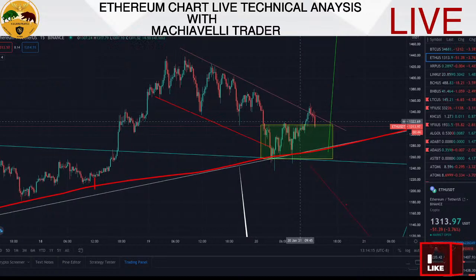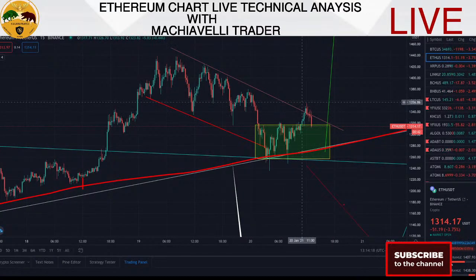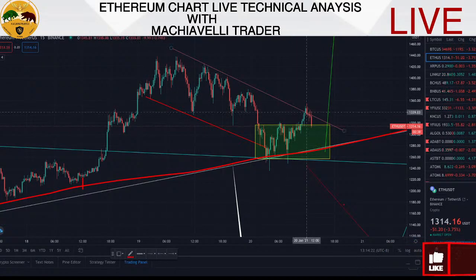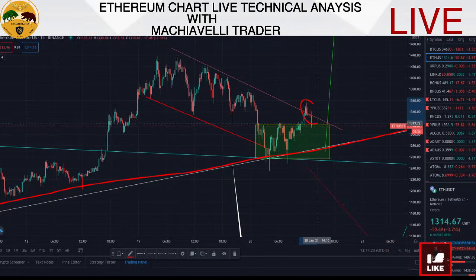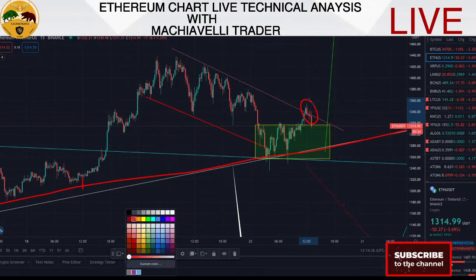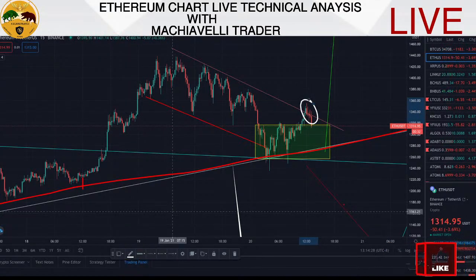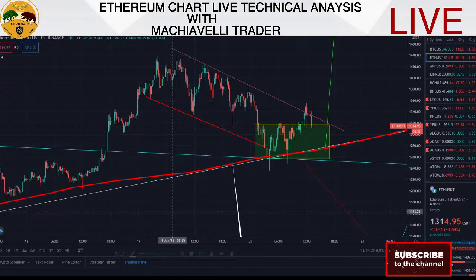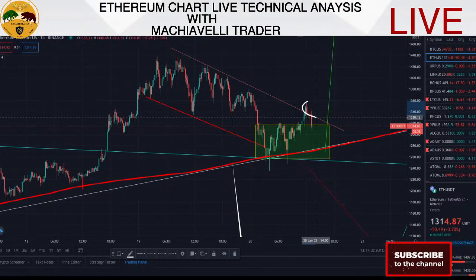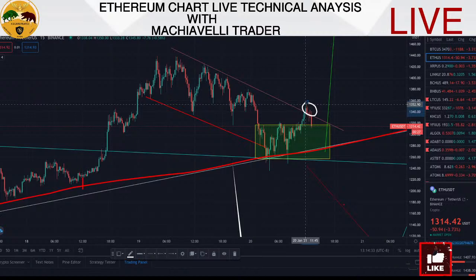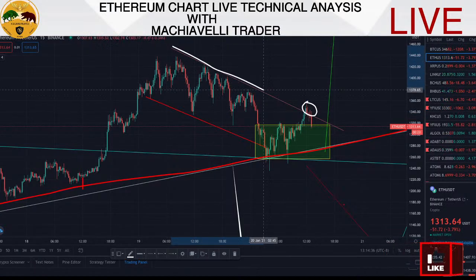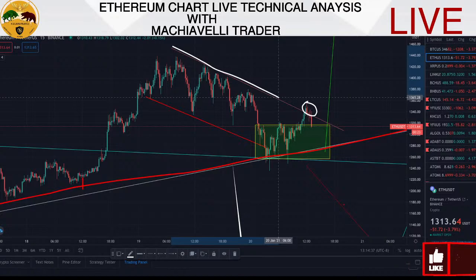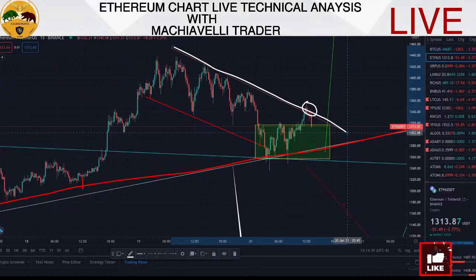We see the breakout here was clearly rejected. That's what we're seeing. We're seeing a clear rejection on the 15 minutes, right? This is a clear rejection right here. That is a clear rejection on the 15 minutes by the bulls. So this is the seller's line, right? Right here is the seller's line. Right here, that's the seller's line. And right here is the buyer's line, right?